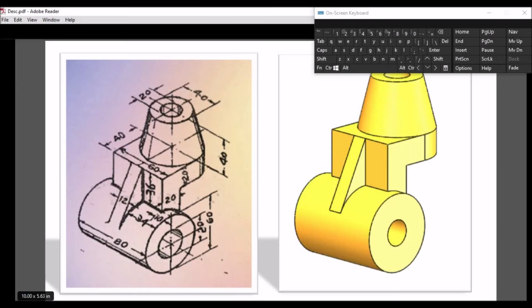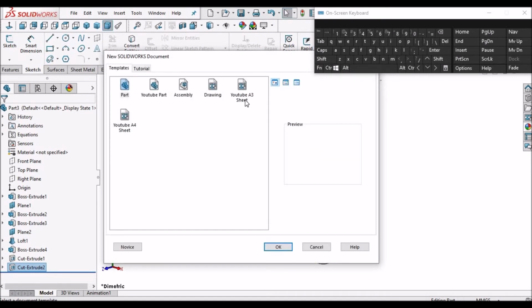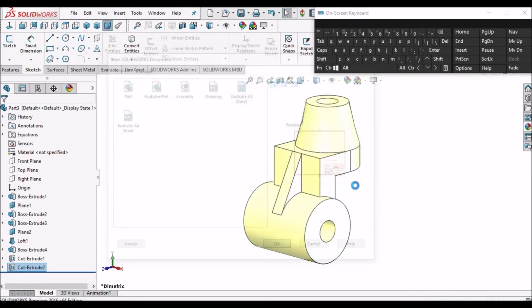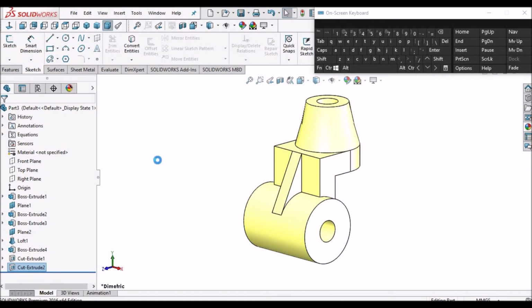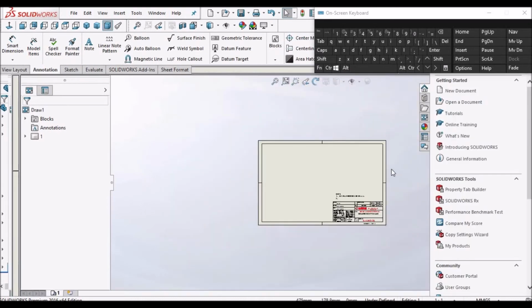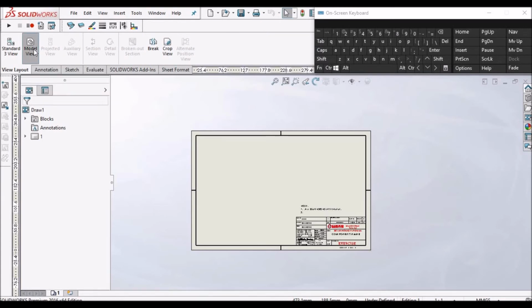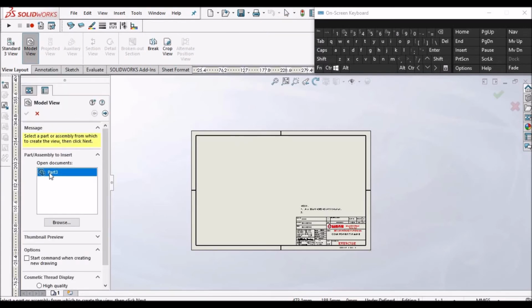So we have to create the drawing. So save this file, go to new. I want to select A3 sheet. Now model view. Since the model is open, we can see here.